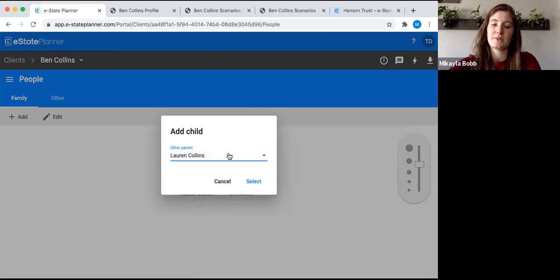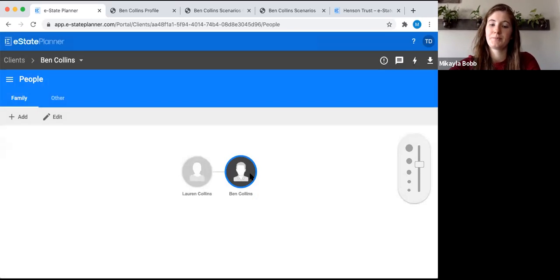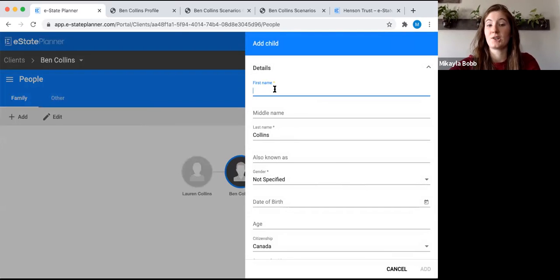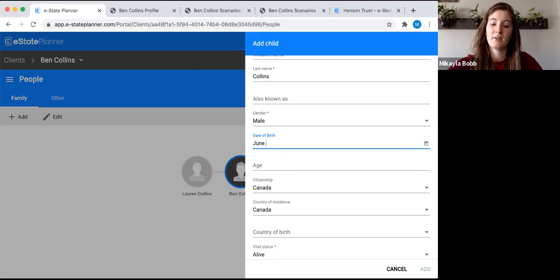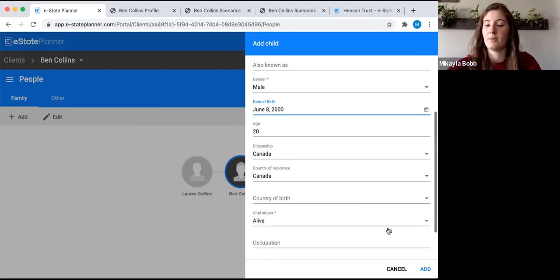But let's say today Lauren is the other parent. And now we'll have to add the child's information in. So first name, John Collins, let's say gender male, date of birth, June 8th, 2000. And then we'll go ahead and,